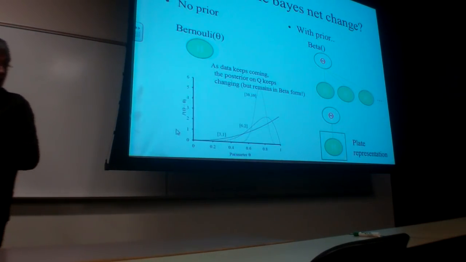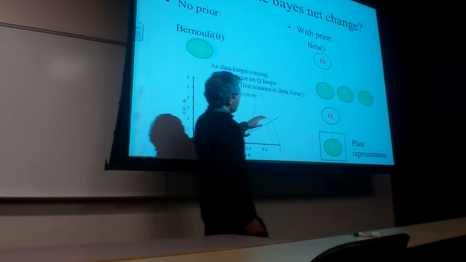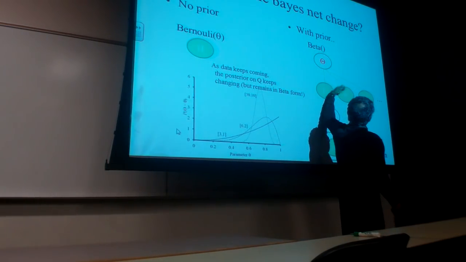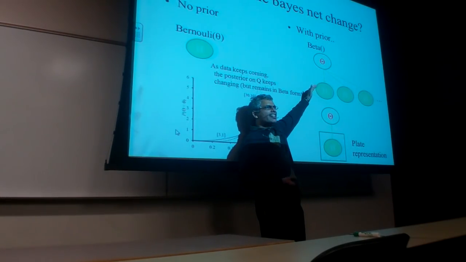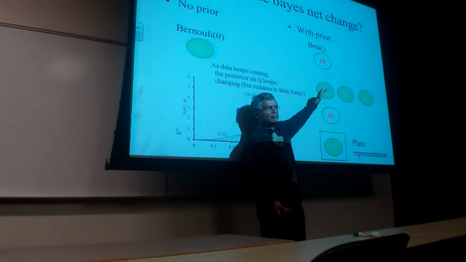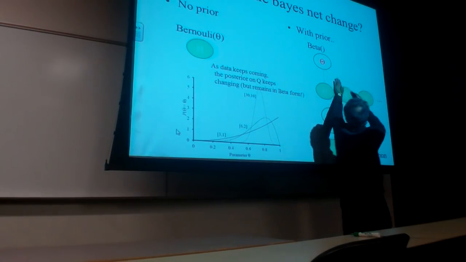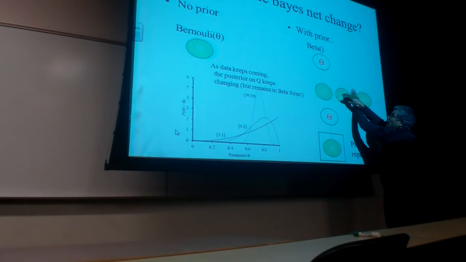The other thing related to this point is, notice that this is a reasonably cumbersome notation right now. As the data increases, the network becomes bigger and bigger. So this would be the network for 1 data point, this would be the network for 2 data points, this